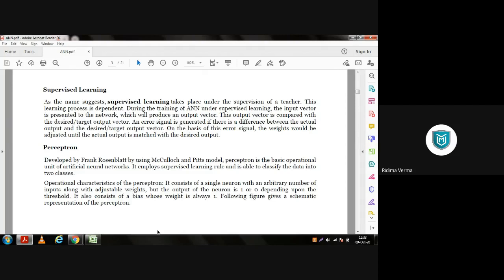Now the next topic that we are going to discuss is known as perceptrons. So what actually is a perceptron? It is also something like a neural network, we can say. But it is the basic unit, just like we studied neurons in the case of neural networks. We will talk about perceptrons. These are one of the basic operational units of artificial neural networks. How it works, let us see.